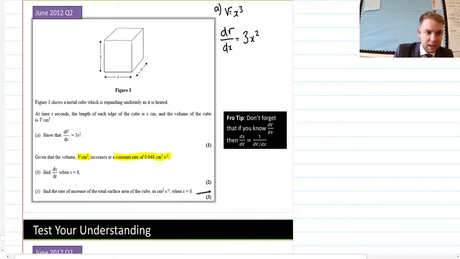Now, what that's telling me here is that dV by dt, so the rate at which it's increasing, is equal to 0.048 centimetres cubed per second, which makes sense. Okay, that's what it's telling us there. Find dx by dt. Okay, so if I want dx by dt,